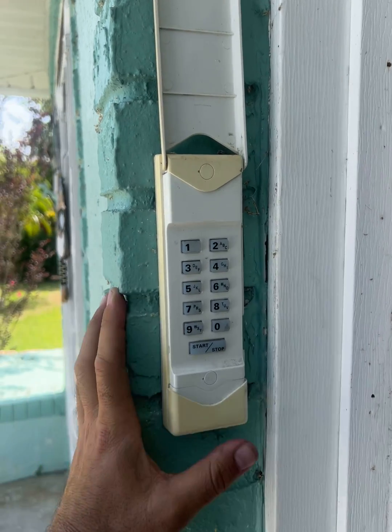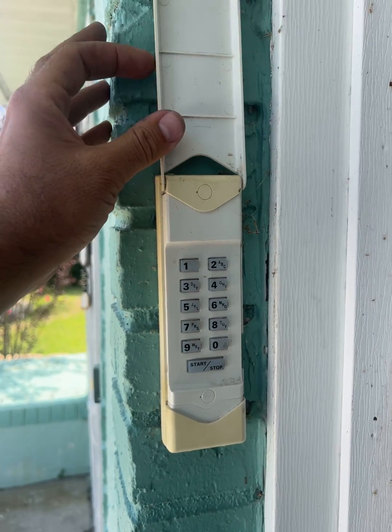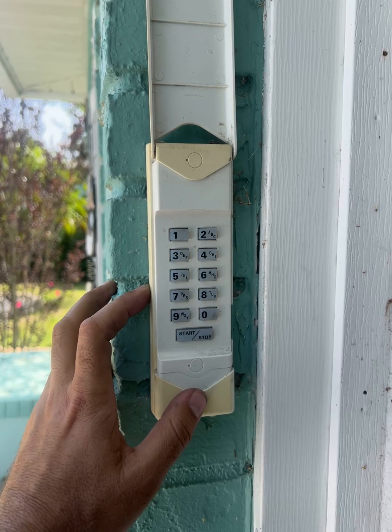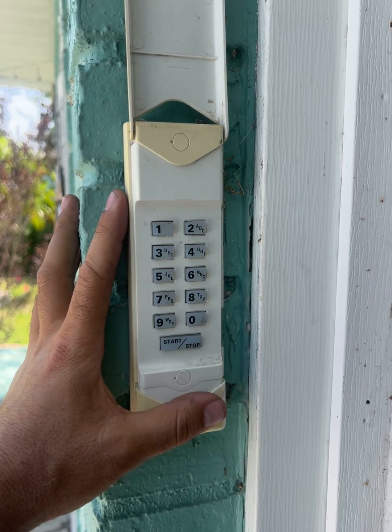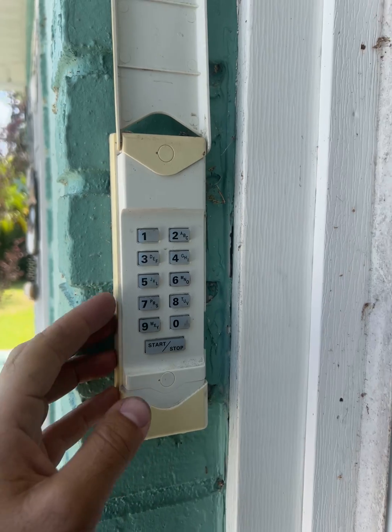Okay, here we go. We have a linear garage door opener. We can see this is the old style, old keypads. It's called a D3, Delta D3 for linear. So if we try to remove, reset a garage door opener for this type of keypad, it's super easy to